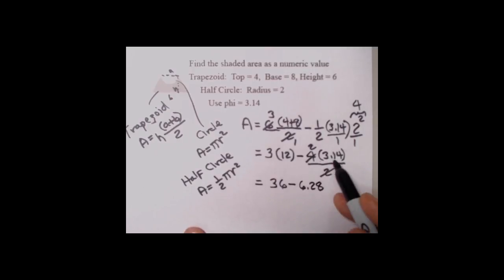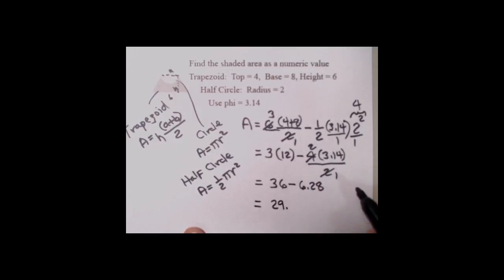All I did was double these numbers. That's multiplying by 2. Well, we're getting real close here. The actual area then, to finish up on this, 36 minus 6, so it's going to be 29 point. Now if I subtract the 0.28